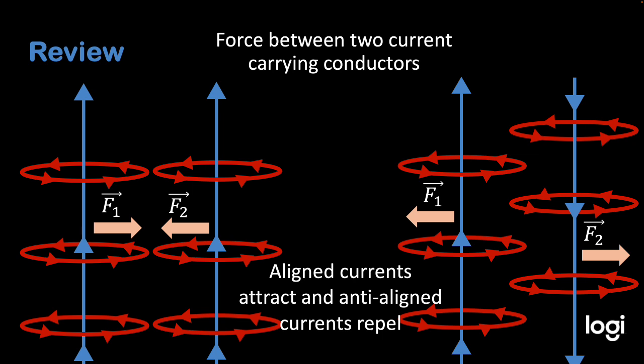So just to review what we had done on Wednesday, we had introduced the idea of the forces between two current carrying conductors, or two current carrying wires as an example of that, and saw that when we had two currents that are moving in the same direction, that resulted in an attractive force, because this one had a magnetic field pointing out of the board over here, which then Li cross B ended up being such that the force pointed to the right for this